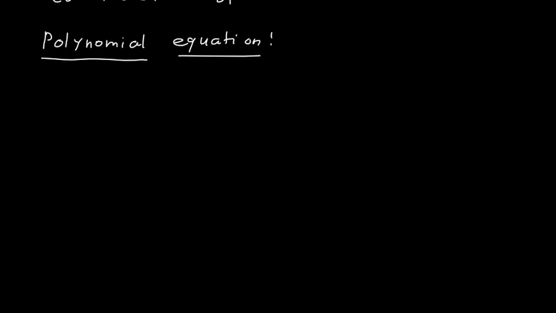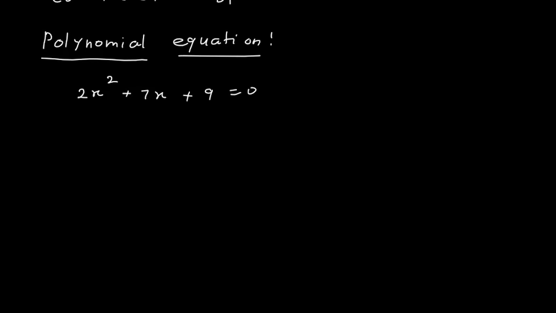Now let us understand what a polynomial equation is. When we use an equal sign with a polynomial, it becomes a polynomial equation. For example, if I say that 2x square plus 7x plus 9 equal to 0, then this is a polynomial equation. Now it is not necessary that you have 0 on the right hand side. It could be any number or variable, but you can make it 0.